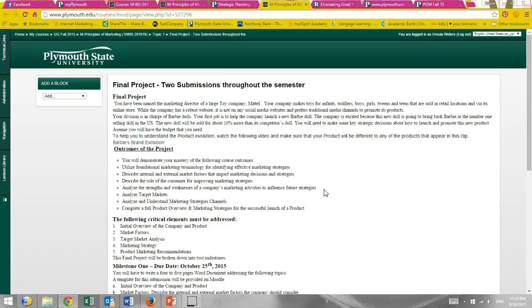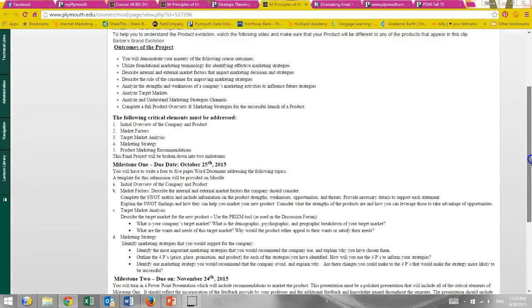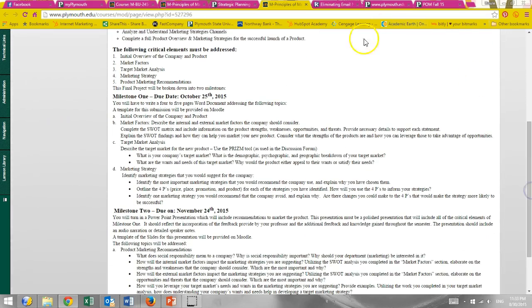You're going to be in charge of launching a new doll, and you're going to have to apply all the knowledge from the class in order to have a successful product launch. So this class project is divided into 2. You have milestone 1, which is going to be due on October 25th, and you're going to have to write a 4 to 5 page Word document